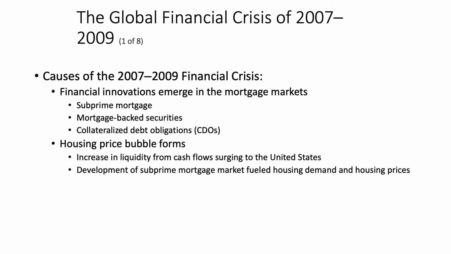The idea here was that we were able to create a financial innovation, a mortgage-backed security, a collateralized debt obligation, that allowed us to package all these subprime mortgages together, and in packaging them, arguably reduce the risk associated with them. So whereas lending to an individual subprime borrower might be somewhat risky, lending to 50 or 100 or 1,000 of them would be less risky. The idea behind that is that you're diversifying your risk across many participants.